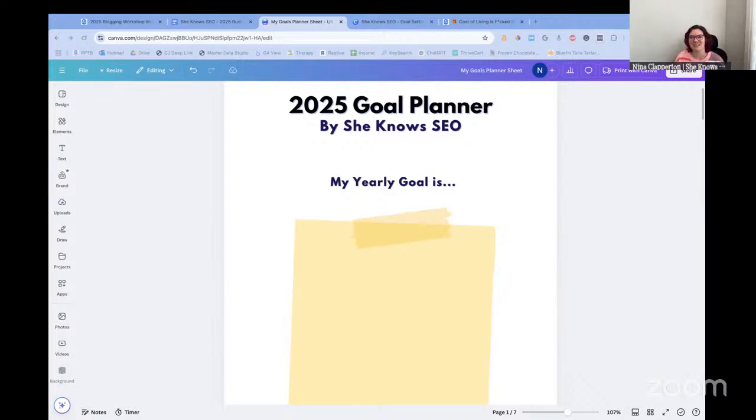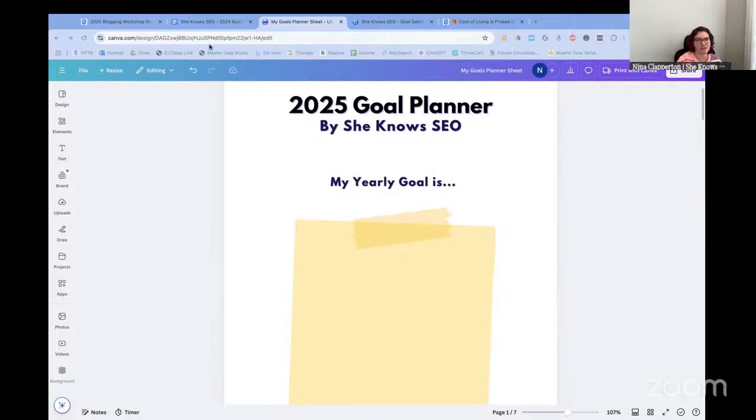So we want to make sure that this is a goal that feels a little bit uncomfortable to write down. It feels like we need to stretch ourselves a bit, that it's something that we really have to push towards. Actually, as I write down 500,000 and I look at it, I'm like, I could do that. I could definitely do that. So when we feel that way, when we're like, I can definitely hit this, what we're going to do is actually rip it up and we're going to try again. So we don't want to have anything where our goal is too small. We want to have a big goal.